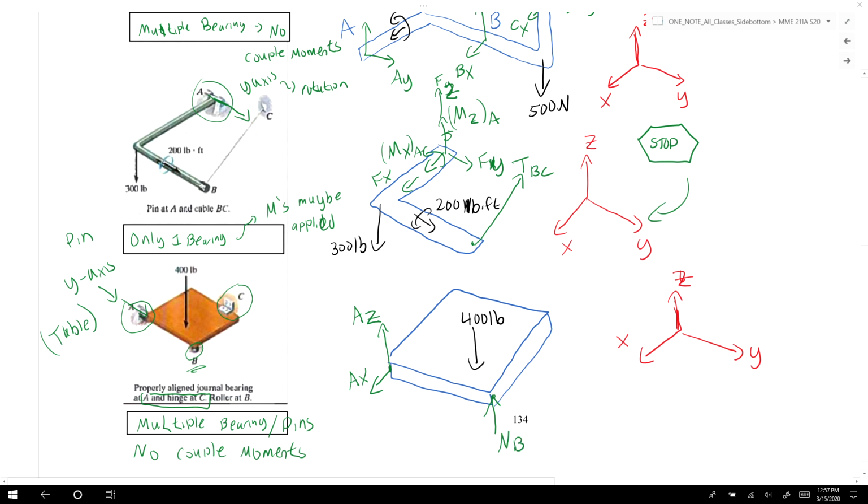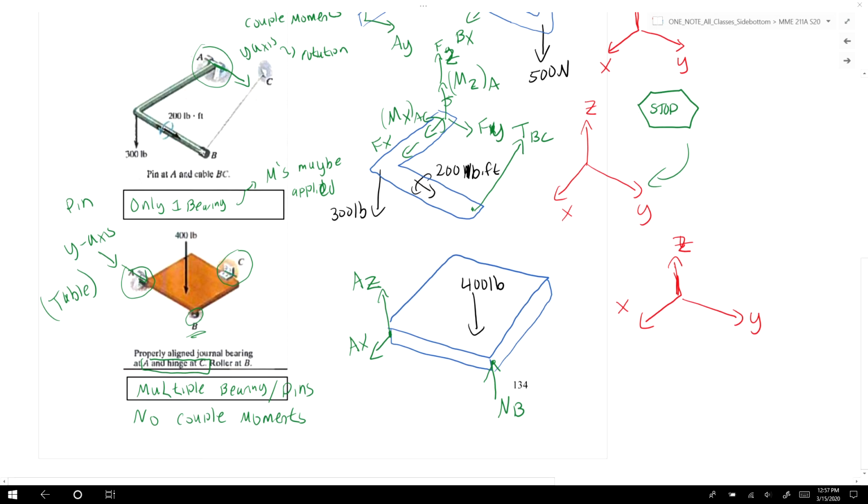And then at C we have a hinge. All right, the hinge axis is along the y-axis, so it would allow rotation along the y-axis, but every other type of direction of rotation would not be allowed, or translation. So what we can do is we should include 3 reaction forces. We should have a reaction force along the y direction, a reaction force along the x direction, and a reaction force along the z direction. Okay. All right. So that is your free body diagram